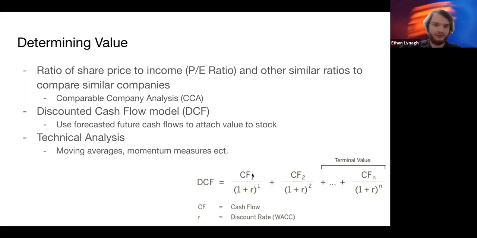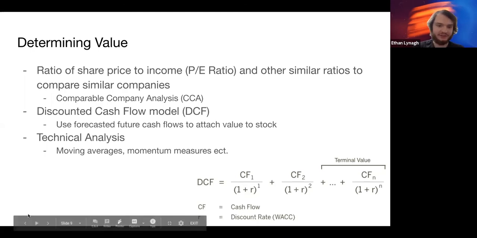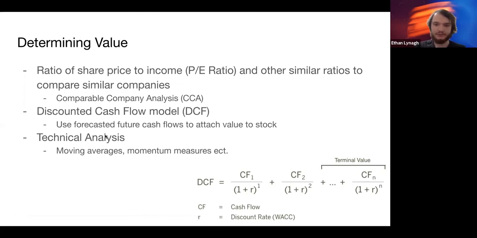You also have discounted cash flow models, also called DCF, which is where you're forecasting the future cash that the company will bring in to attach the value to the stock. And you can see the formula for that down there. It looks pretty simple, but it gets pretty complex calculating it due to the way that companies present their information on their financials. So you have their cash flows, and then it's based off of what's called the risk-free rate, which is essentially how much a dollar would be worth if you put it in the U.S. Treasury for that amount of time.